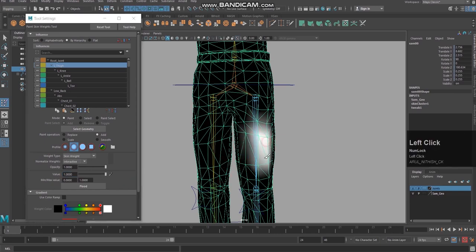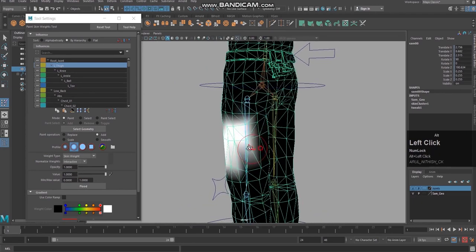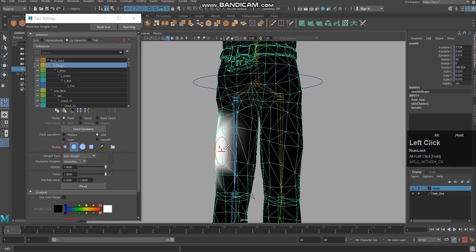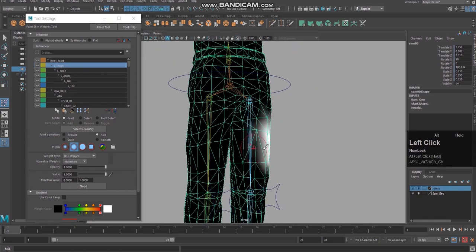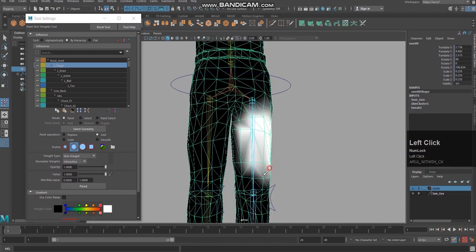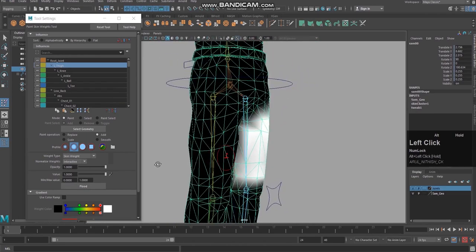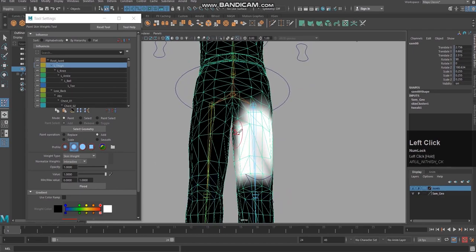You can see the value is getting painted. So the thigh bone has influence in this area only, right? Only in this area.